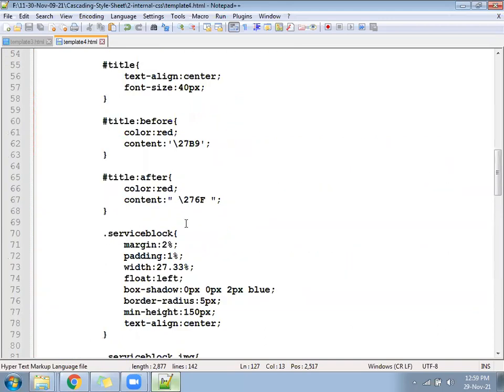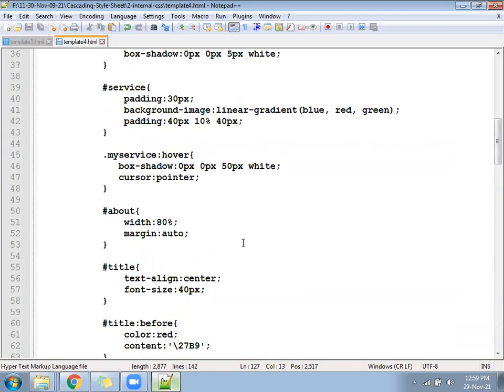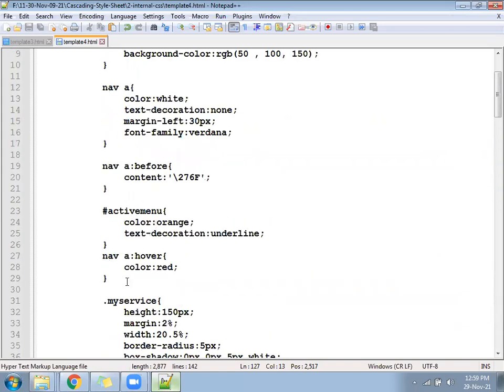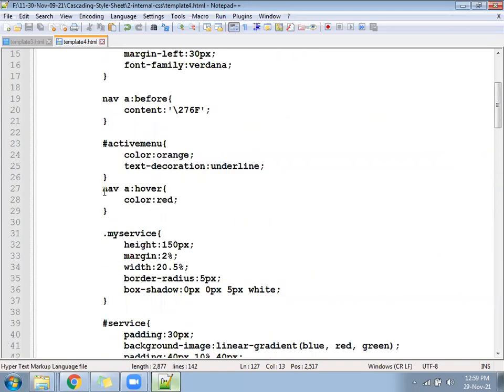If you look at this line, anywhere we have written here, you are addressing the A tag of the navbar, not the navbar itself. Once the mouse moves to the A, the color will change at the A.